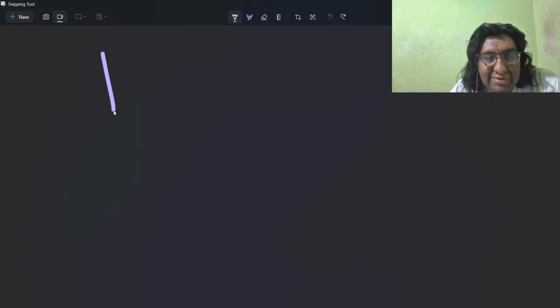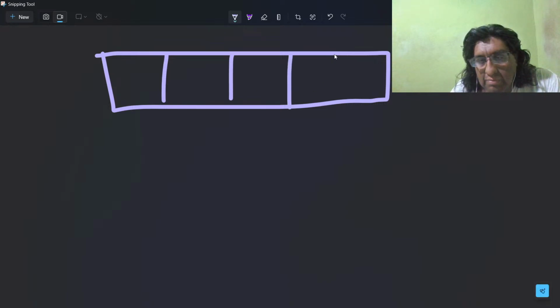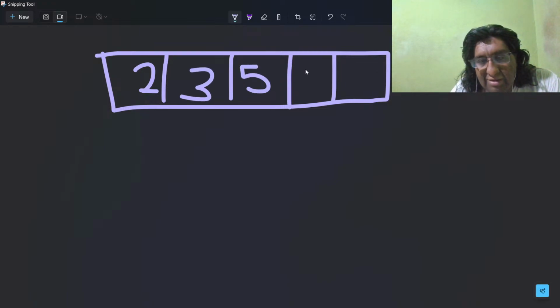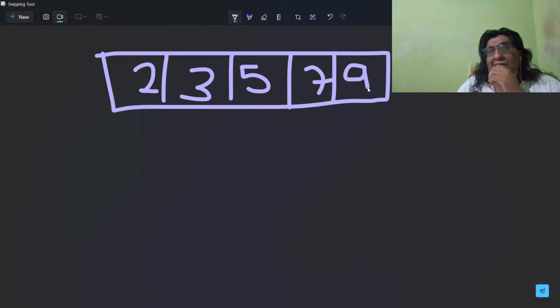Okay, we have at least two options, I got three, five, seven, nine. And for me, this is silly because if we transform two options,